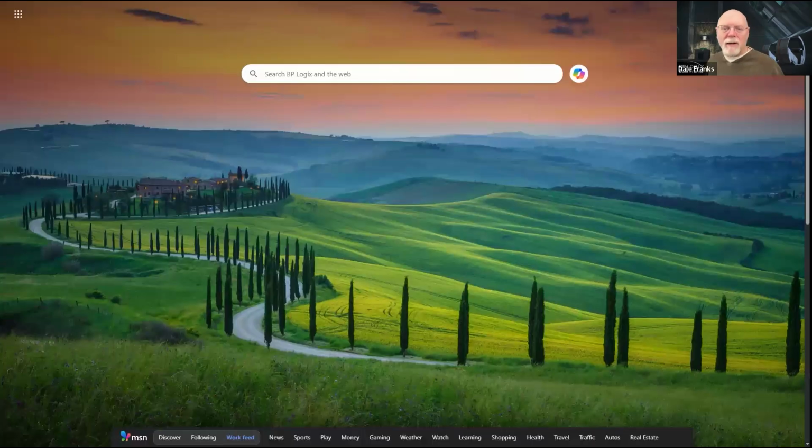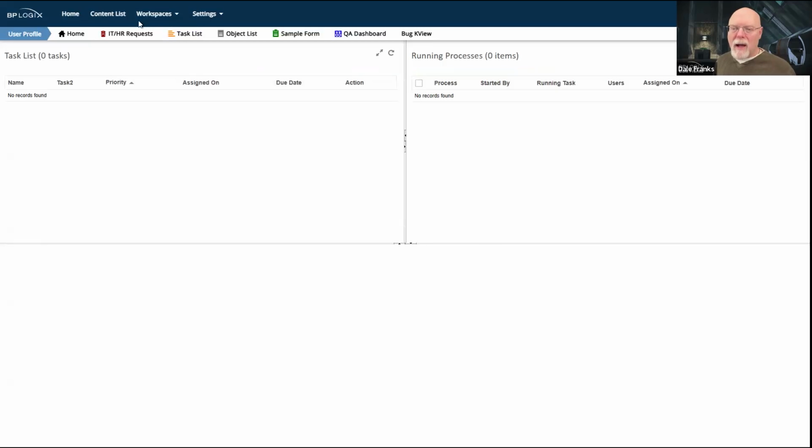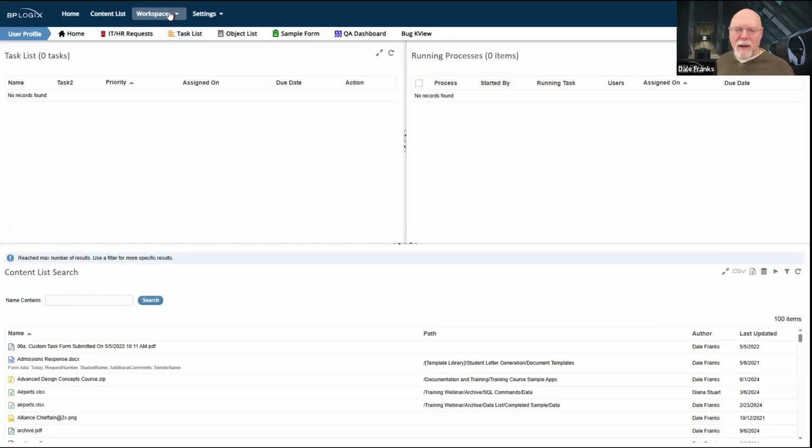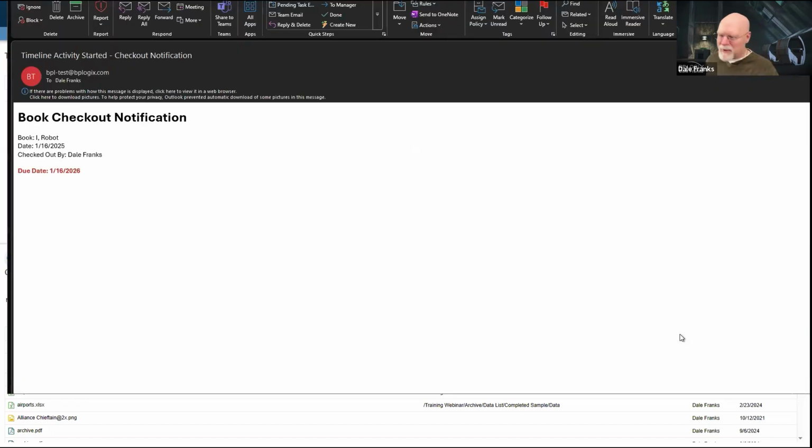It just occurred to me that I always turn off Outlook, and in this case, I actually need it. So let me open up a new version of training over here. And I'm doing this because I want to be in this workspace. Yes, for my new version. So I'm in 2 separate workspaces on the training server. So I have no tasks assigned to me, and I need to open up Outlook. I usually close it so that Outlook notifications don't pop up on the screen while we're live. But in this case, I need something to pop up on the screen. I need to see that.